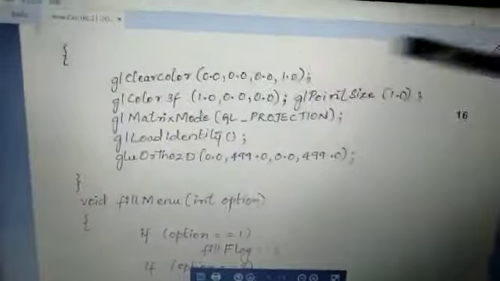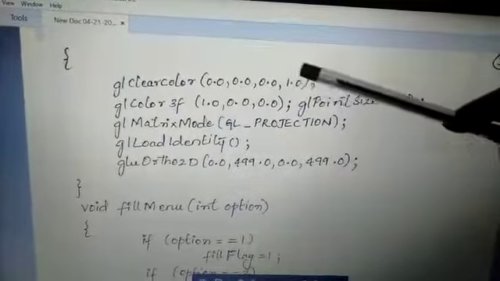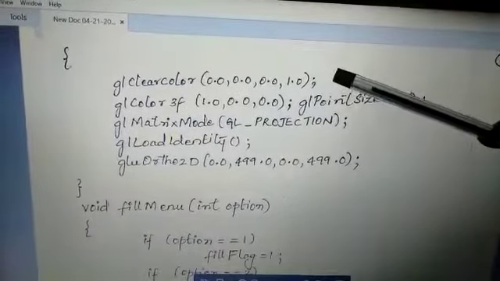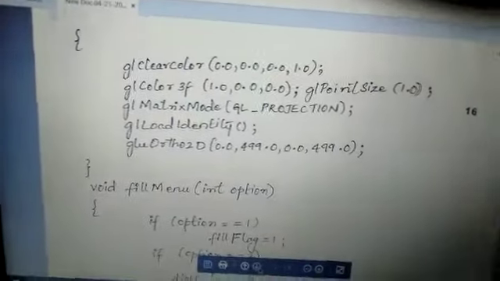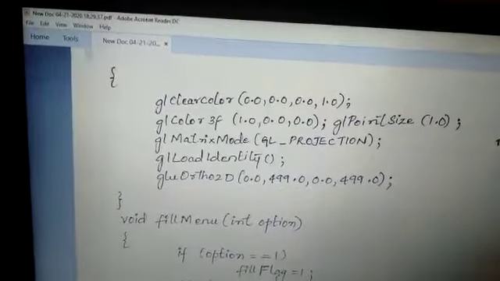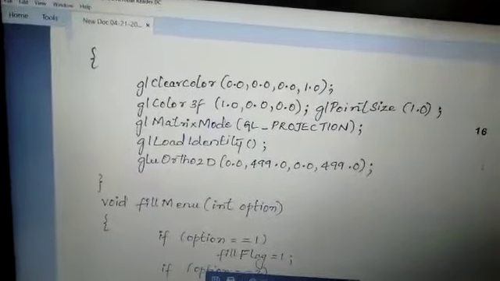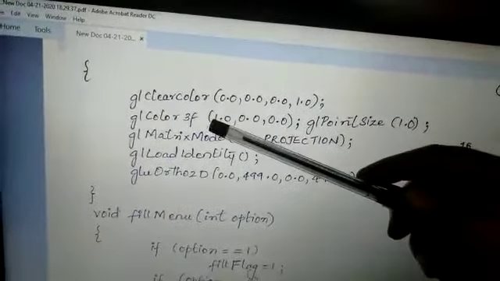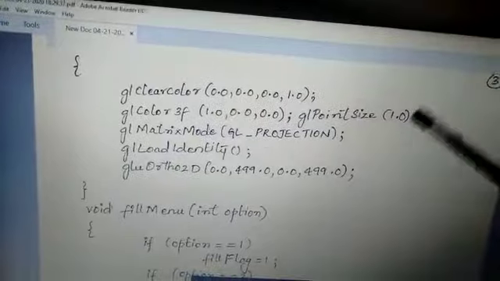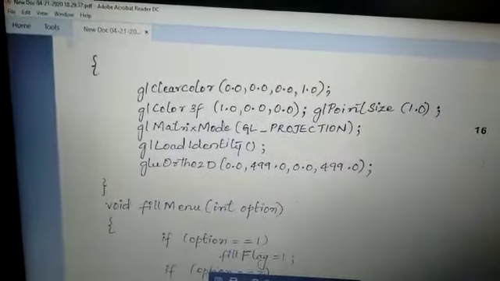So here we have given the background color and the alpha, the RGBA parameters. Then we have glColor3f, where we are pointing out the red color. Our polygon will be of red color, since we have R as 1.0. Then the point size we are providing as 1.